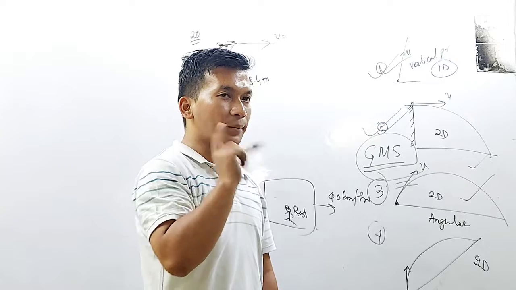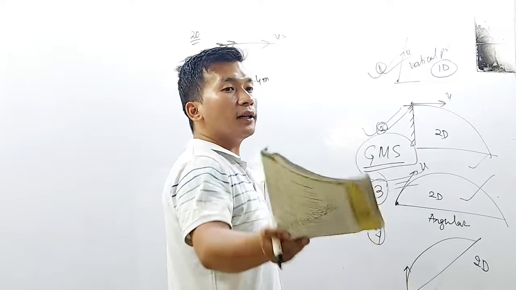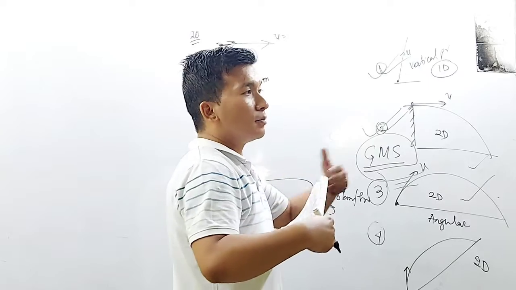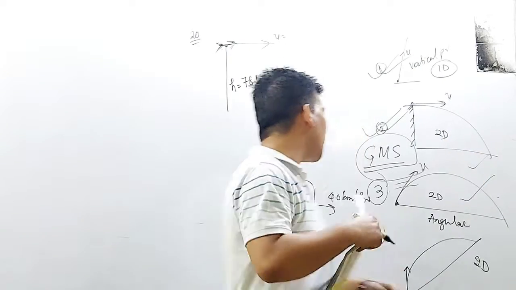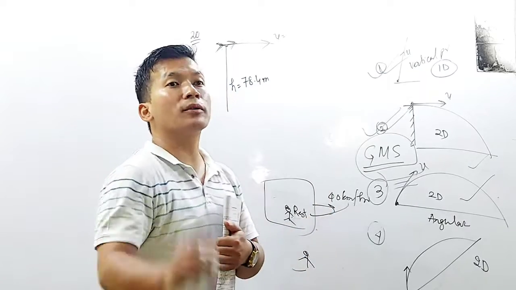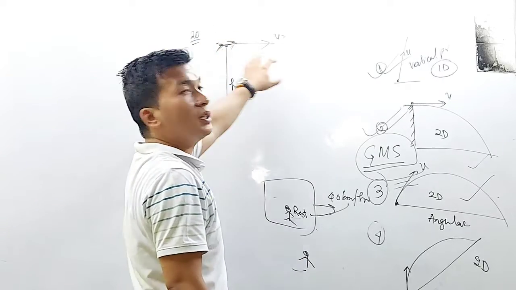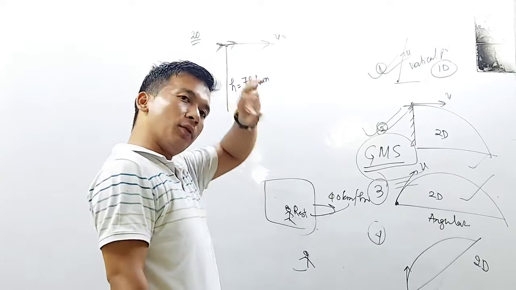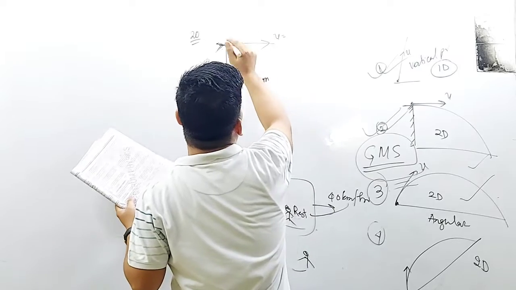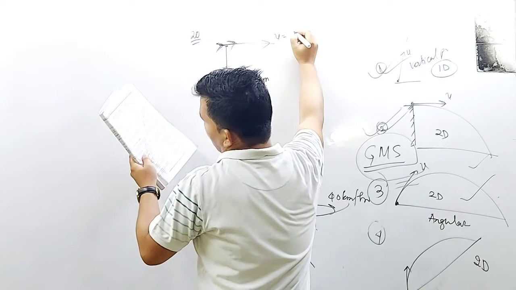If I am inside the bus, you will be at rest and I will be also at rest, but to an outside observer, these passengers are moving with 40 km per hour. Likewise, any object inside the aeroplane will be moving with the speed of the aeroplane. Can you understand the concept here? Even though the bombs are dropped, you have to assume that these bombs are being projected horizontally with speed equal to